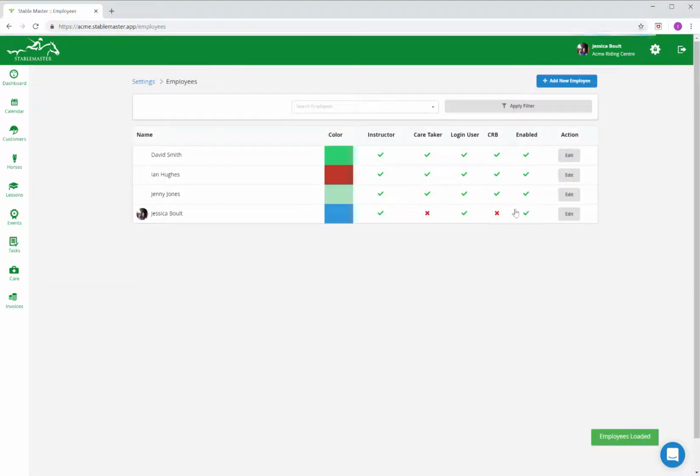Employees, so this is important, super important. So employees are effectively people who can access StableMaster as a system, and they are also assignable to tasks and lessons and care tasks within the system. So this is where you set them up. So typically, employee name, assign them a color so they can easily recognize themselves when we're looking at the calendar view. We'll show you that later. And then you give them